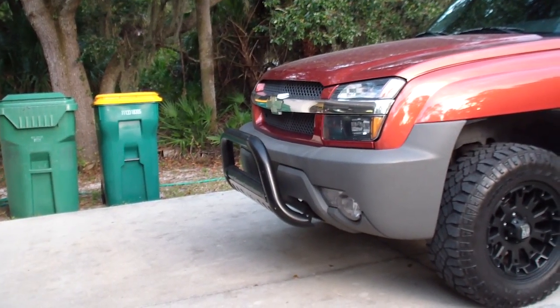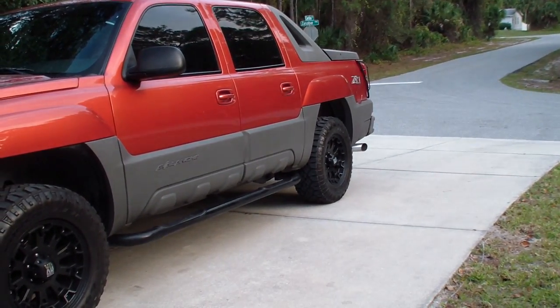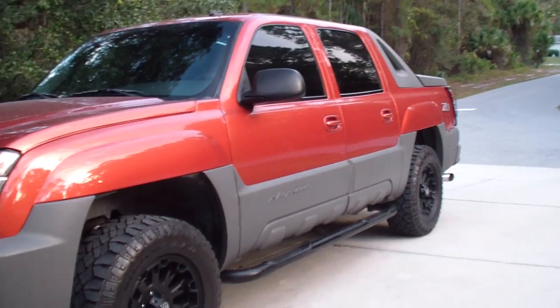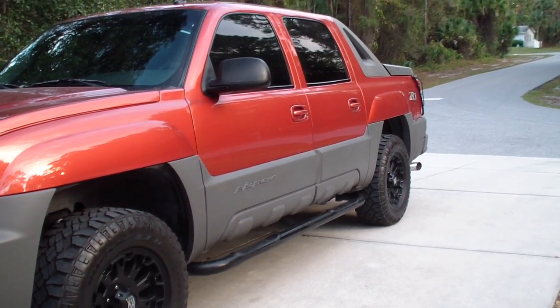It has the front bumper, the steps. It actually has an exhaust system. It sounds like a freaking rocket. It's a Chevy big block, so unless the transmission goes bad, it should last pretty good. I love the back part,